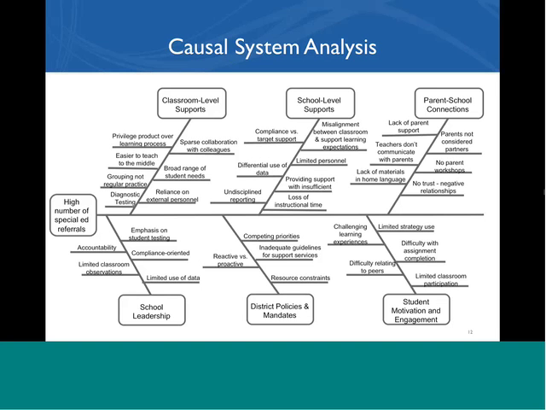But you can imagine one where, for the big bones of this causal systems analysis, people might come to understand that the problem has these big categories: some set of issues embedded in classroom support, some set of issues embedded in school-level support, in parent connections, in leadership, district policy and practices, and student motivation and engagement. And so you might ask yourself, if you're engaged in such a process, well, why does that happen? If you advance the animation a bit here, you might,